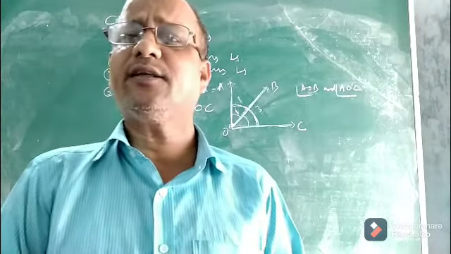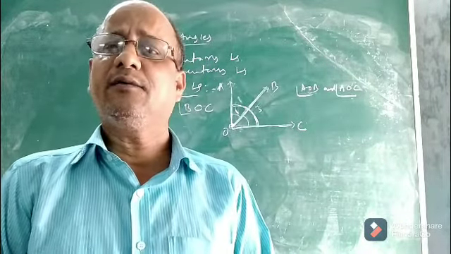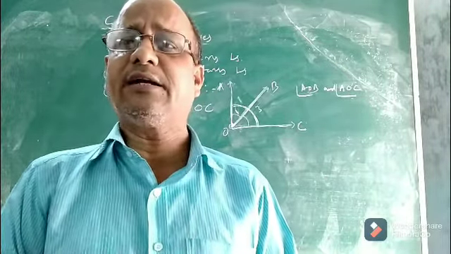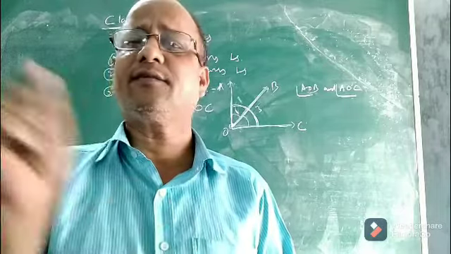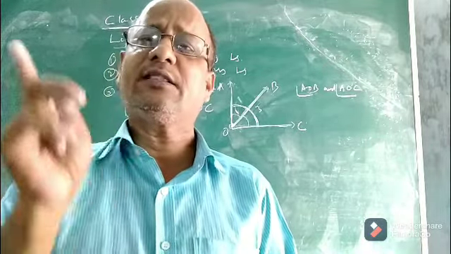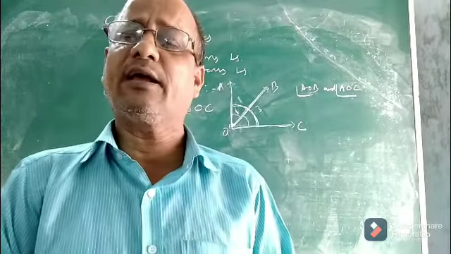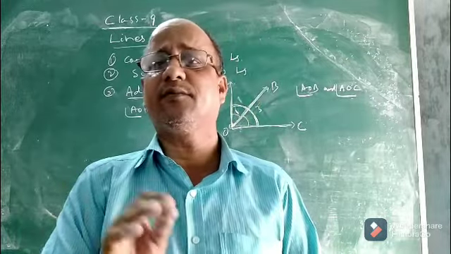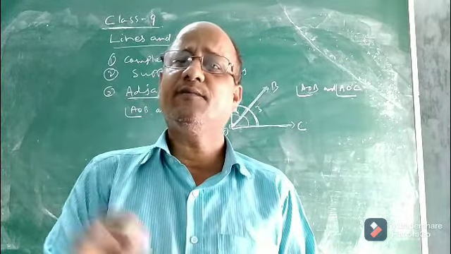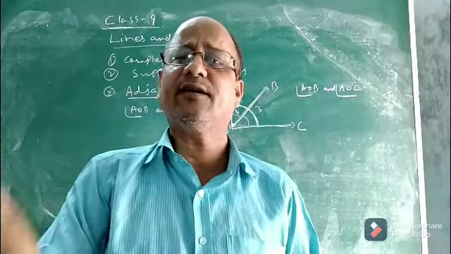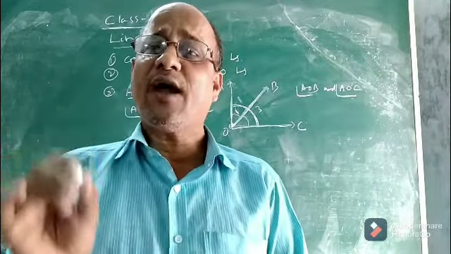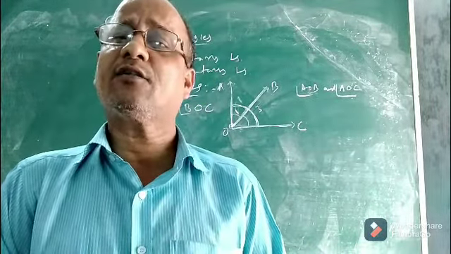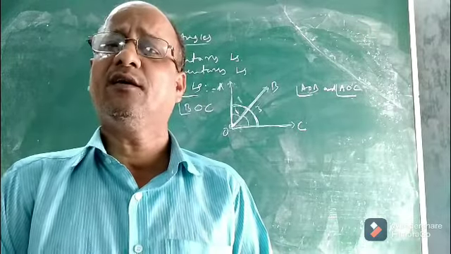So let me first ask you, what are complementary angles? Complementary means, you know it. If the sum of two angles is 90 degrees, suppose 30 degree and 60 degree, 30 plus 60 is how many degrees? 90 degrees. So we say 30 and 60 are complementary angles, or one is the complement of the other. Now if I ask you what is the complement of 30 degree, the answer will be 60, 90 minus 30. The complement of 60 is 90 minus 60, that is 30. That means to find the complement of an angle, we always subtract the angle from 90 degrees, because only if the sum of two angles is 90 are they said to be complementary.